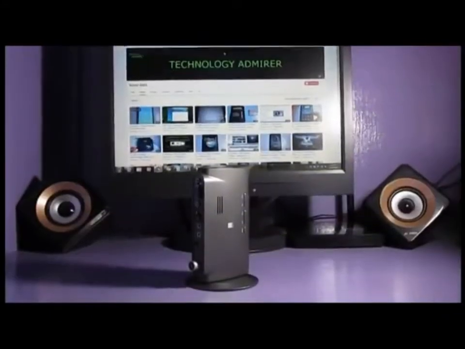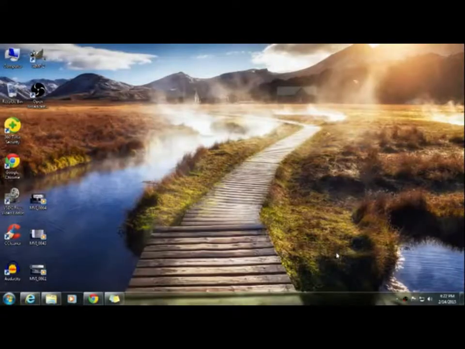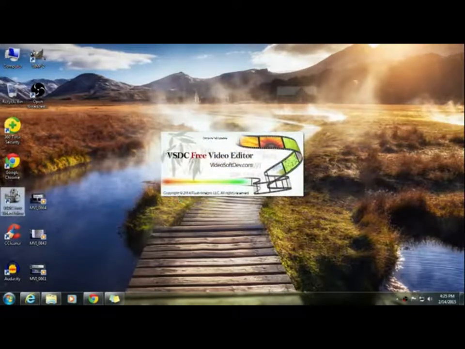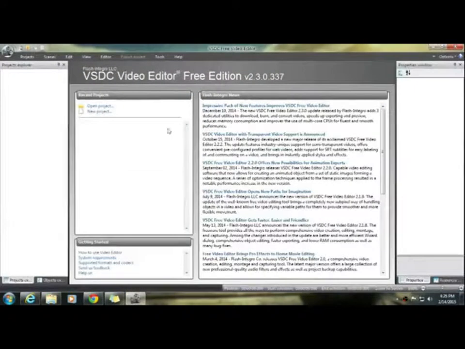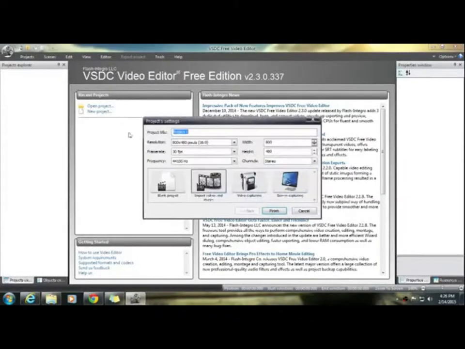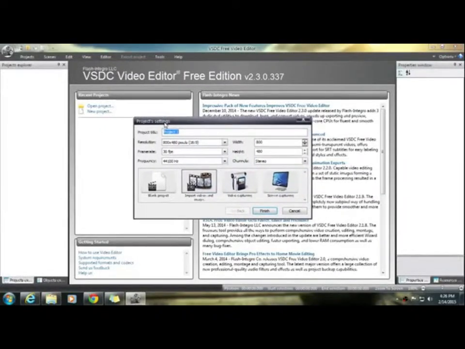I am going to make this tutorial as simple as possible so that you guys can also edit your video. When you first open the VSDC free video editor, you will be greeted with this screen. Just make it full screen. Then click on New Project, and from here you can see it